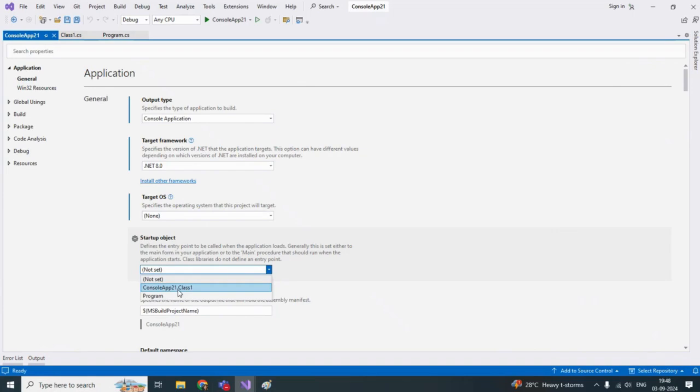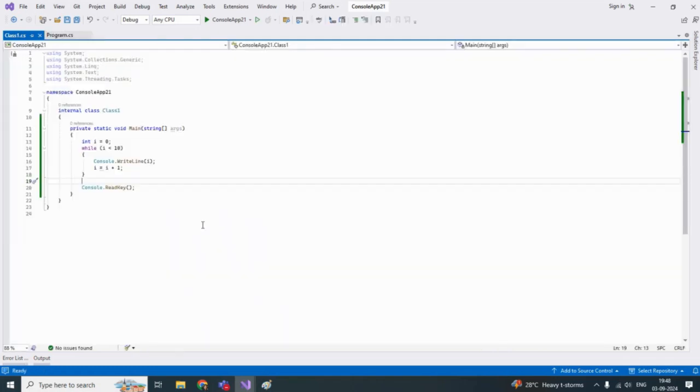My class is Class1. I will select this as my startup object and close this. Every time you make a class and start it, just close this always, otherwise you will get the error in your next class. Now if I run my code again,